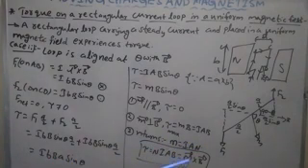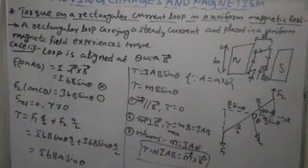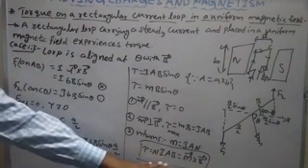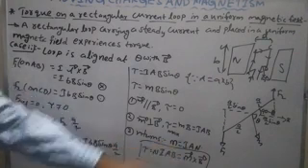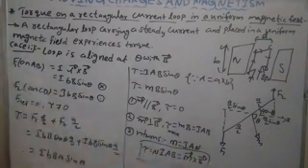Okay, nothing but M bar cross B bar. We can write M bar cross B bar. If the loop has n number of turns, we can write NIAB if it is placed parallel to the magnetic field. If it is placed at theta angle with the magnetic field, NIAB sin theta. That is M bar cross B bar. So this is the torque on a rectangular current loop in a uniform magnetic field.